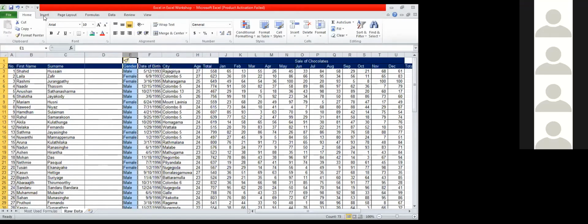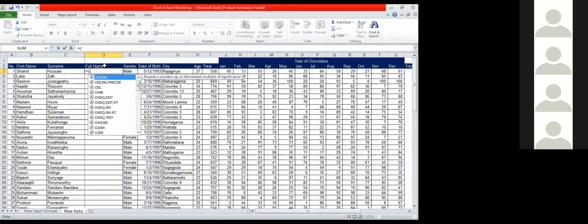You could also go the long way and go to home and press insert, and you can insert a column. Insert cells and insert sheet column. Here you go. Now what I want to do here is do full name. Rather than the normal way of what people with limited knowledge of Excel would do, just type in Shahid Hussain. What if I told you there's a faster way of doing this? Equals CONCAT